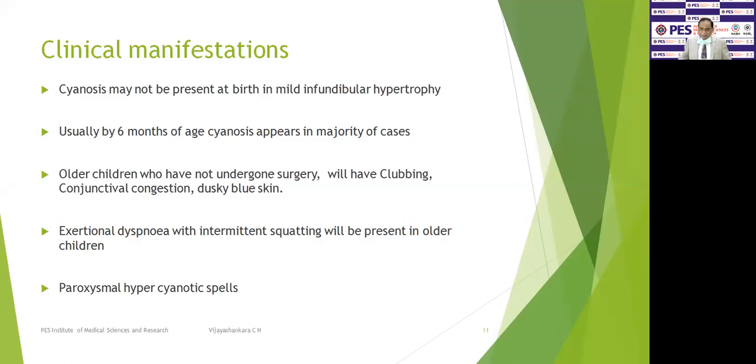The other effect is femoral artery constriction when you squat, which increases the systemic vascular resistance. When the systemic vascular resistance is increased, it reflects on the aortic pressures and the left ventricular pressures, so it decreases the right to left shunt, and so the desaturation. Once the saturation improves, the child gets up and goes for play, but then comes back and squats again after some time, because the right to left shunt has established like before.